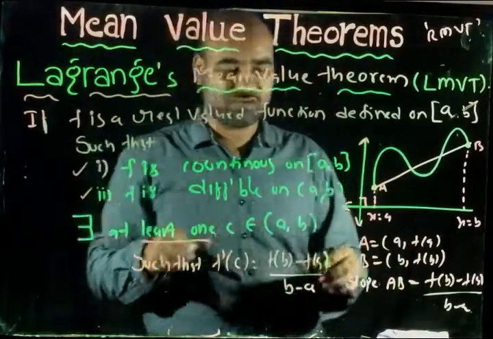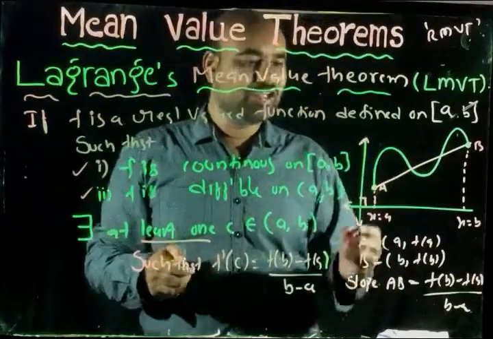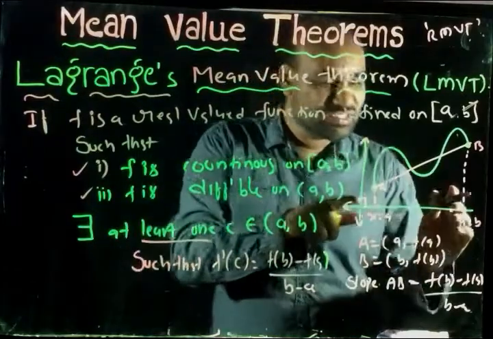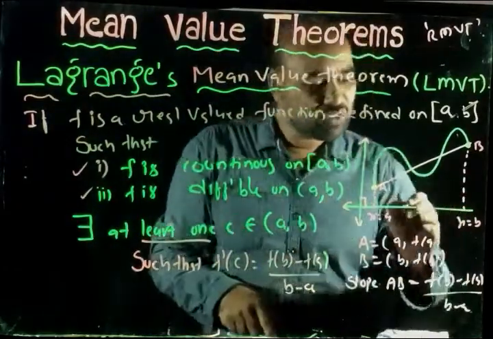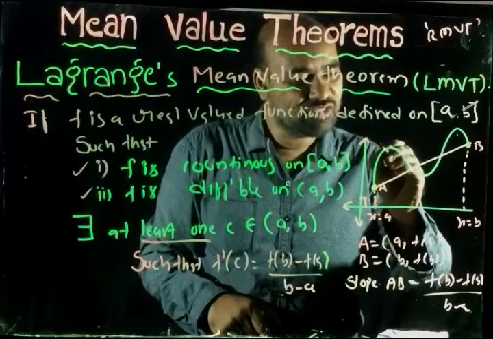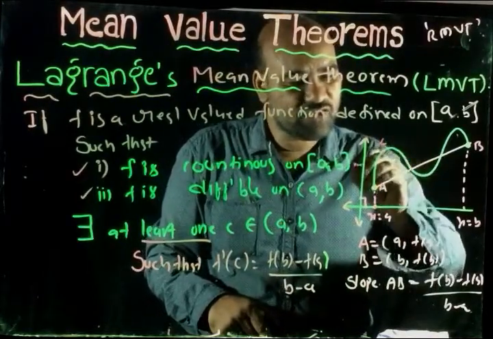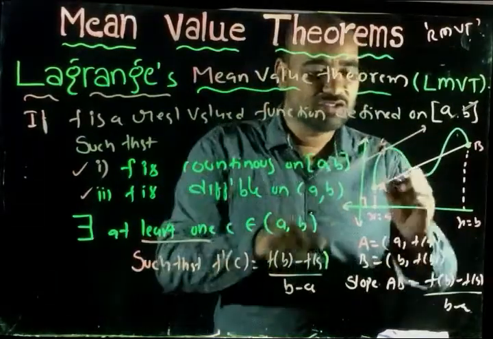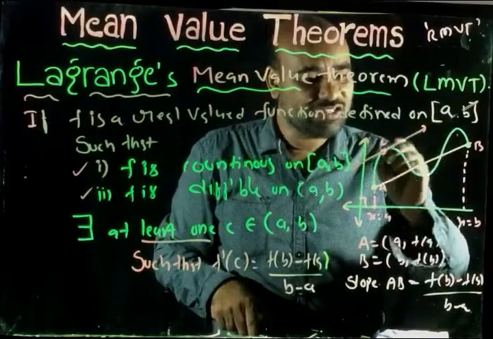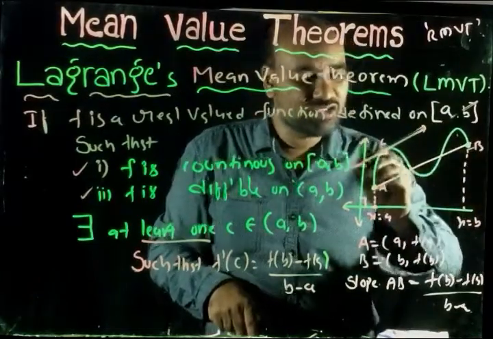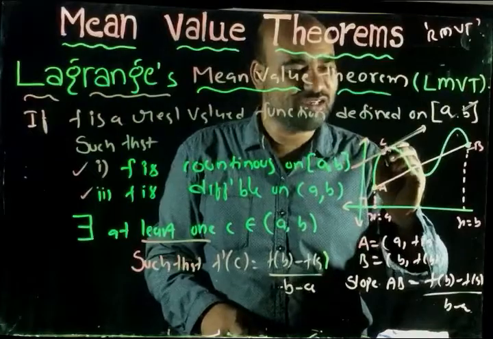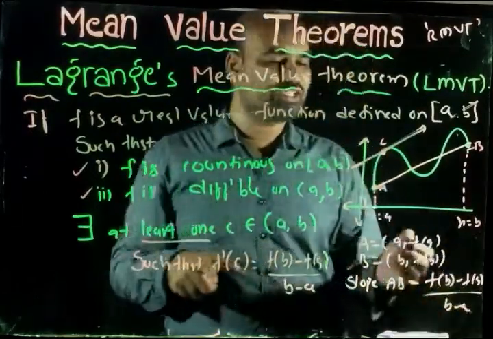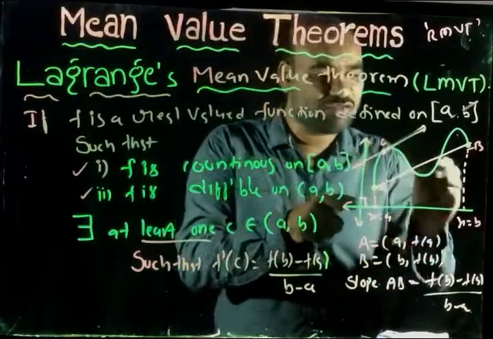So now I want to explain the graphical meaning of this. If any function satisfies these two conditions, there exists at least one c between a and b. Through that point c, for example this is such a c, if you draw a tangent, the slope of this tangent is nothing but f'(c), no? So through that point, if we draw a tangent, the tangent is parallel to this chord. The slope of this tangent is f'(c), and f'(c) equals the slope of this chord, (f(b) - f(a))/(b - a).